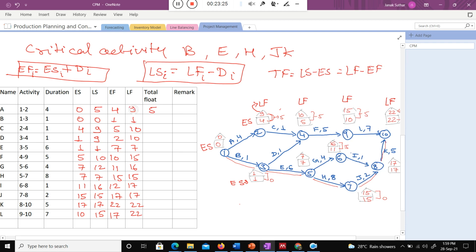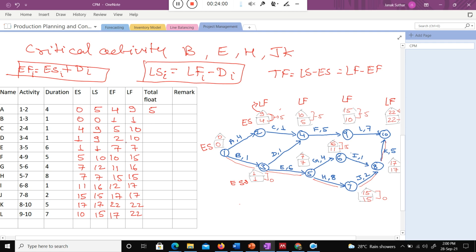Even you can do it like that, late finish minus early finish, you will get the same number. I can start this activity on 0, or if I delay it, I can start on week 5 also. So what is the actual feasible delay? That is nothing but the total float, the difference between the early and late start. It shows a 5 week delay in that particular activity will not impact your project time. Are you getting my point,